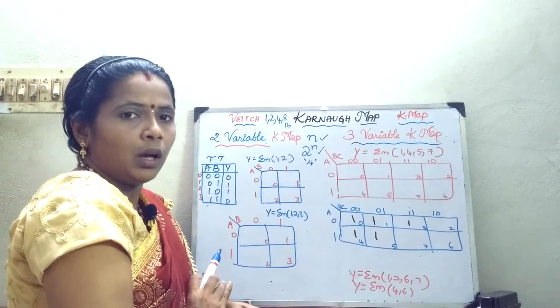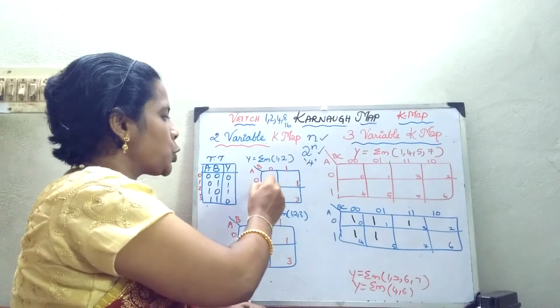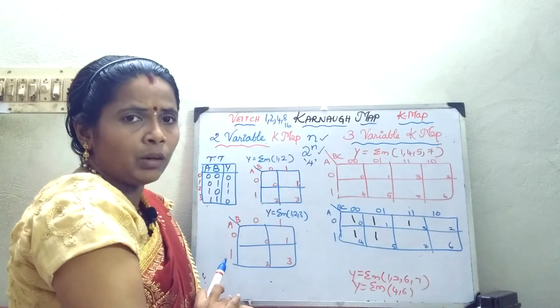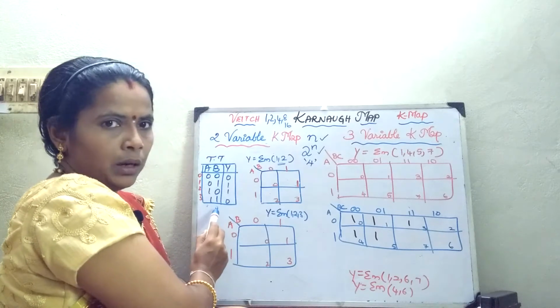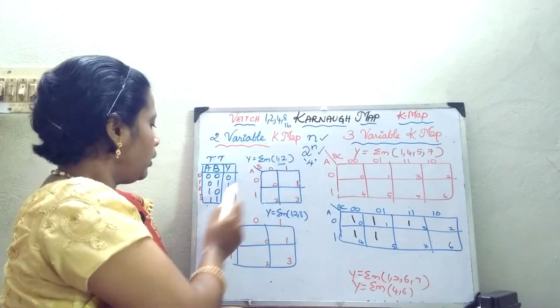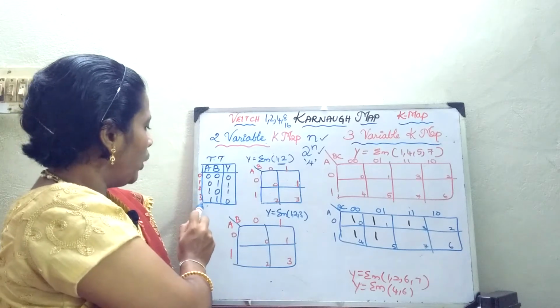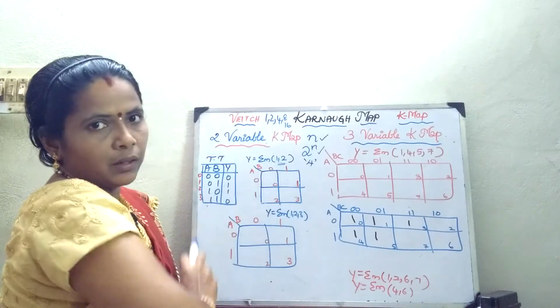Okay, and one more condition is that wherever the output is 1, that will be expressed here. For example, from this truth table, how have I written the min term expression or your SOP expression? I have just checked, out of my 4 inputs, only 1 and 2 are going to have the output. So 1 and 2 I have written here.